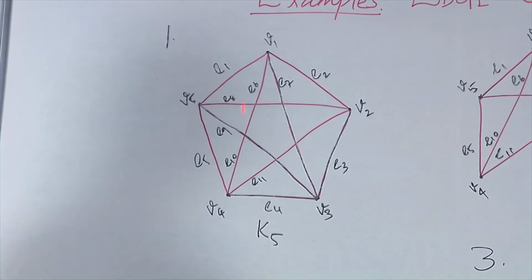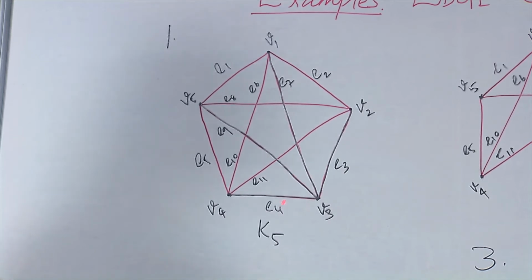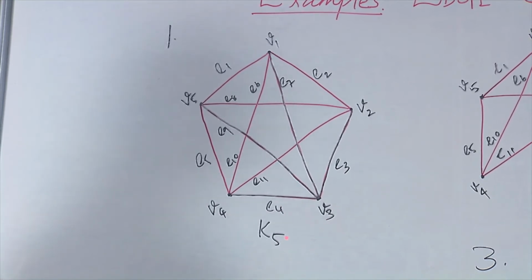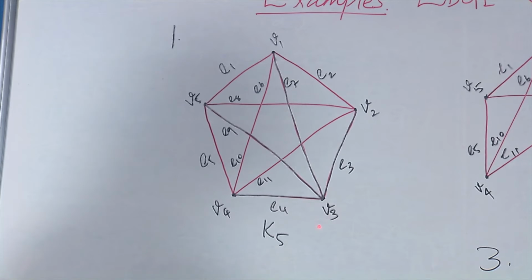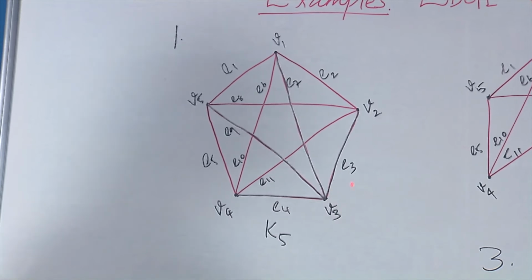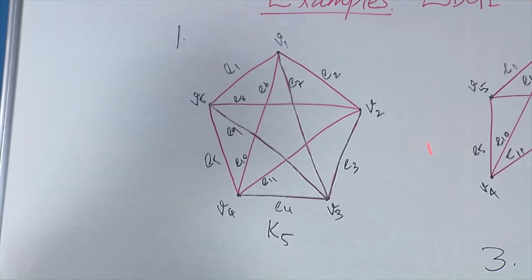The degree of all the vertices here is 4. Edge connectivity is nothing but the minimal number of edges whose removal results in a disconnected graph. So, I am going to fix a vertex, that is V3, and remove all the edges incident on this particular vertex. That is, I am going to remove E3, E7, E9, and E4, but the vertex V3 will still be there. So, that is this graph.